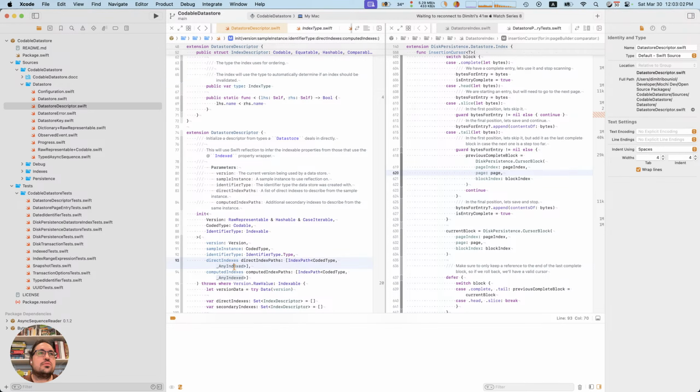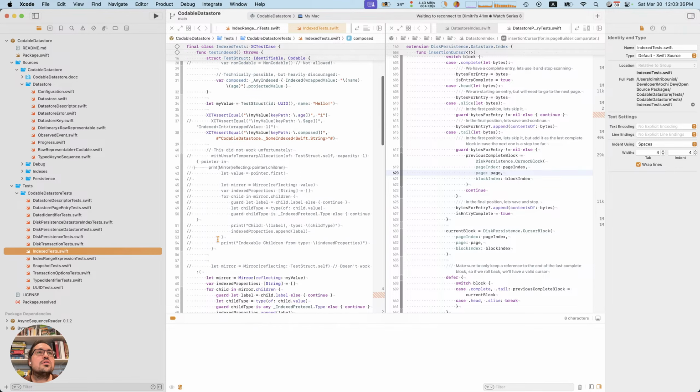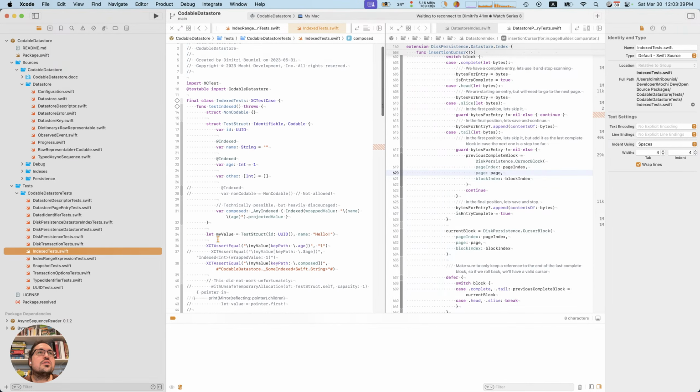And these index paths return an indexed. Yeah, rather than marking these, I guess we can mark those.